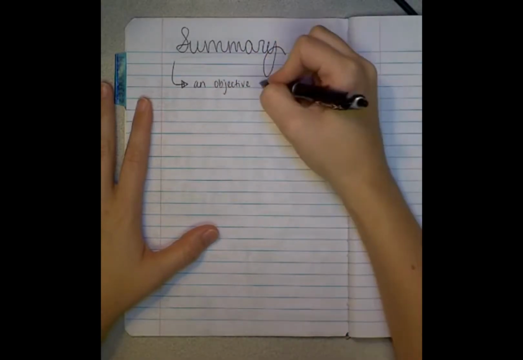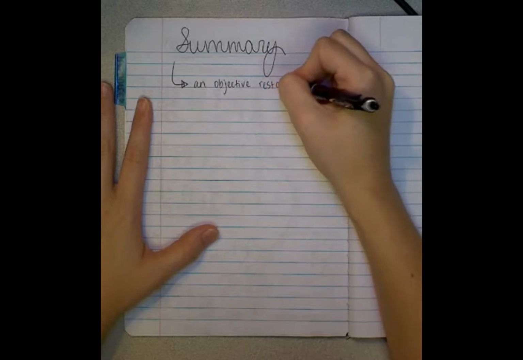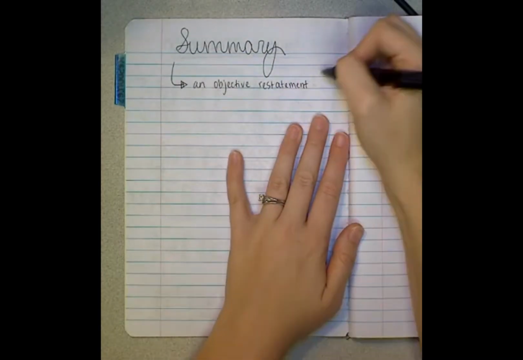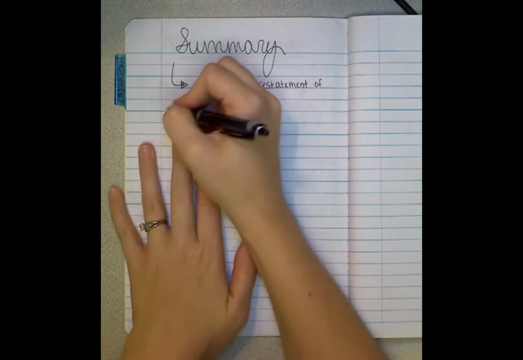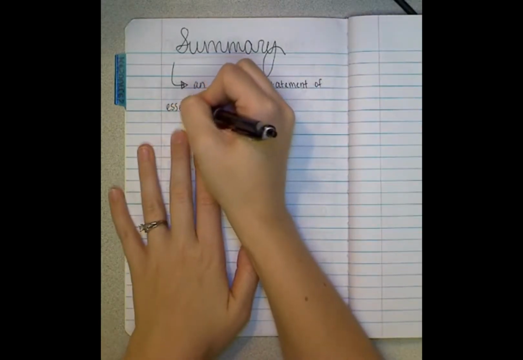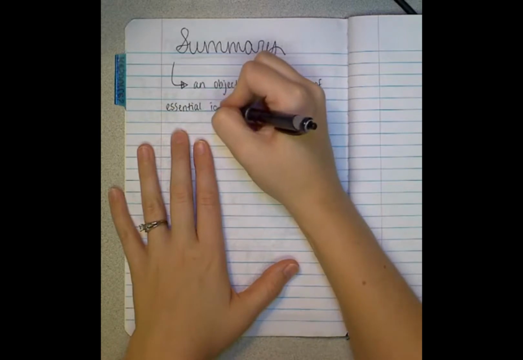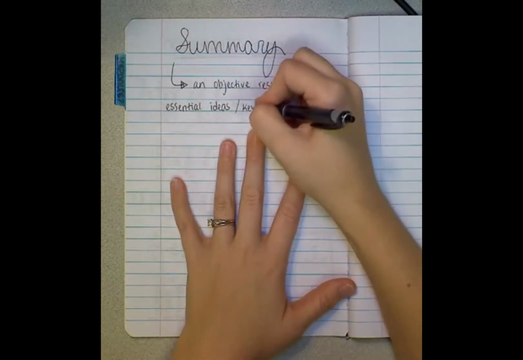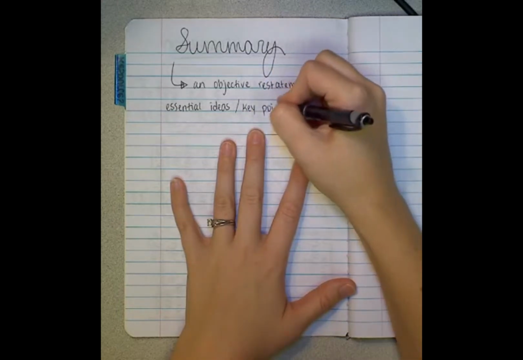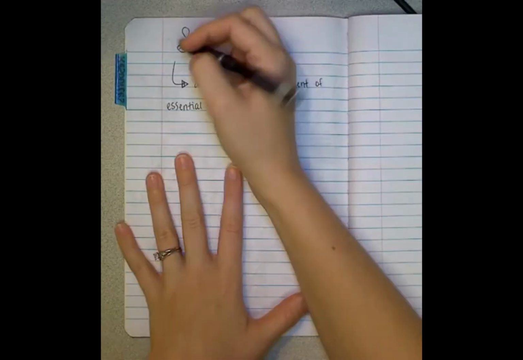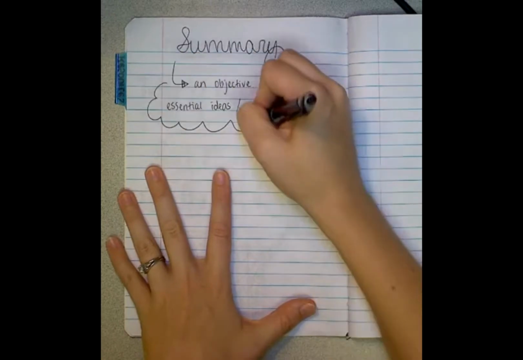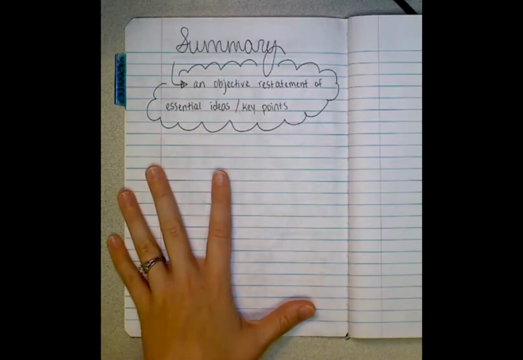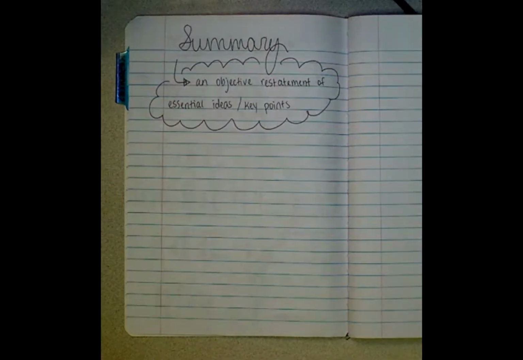A summary is an objective restatement of the essential ideas, or in other words, the key points. And I'll draw a little box around this. So now going back and looking a little closer at what this means,